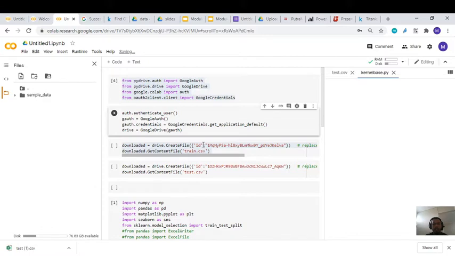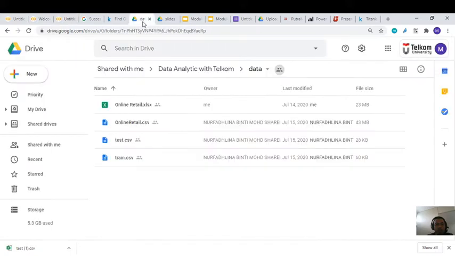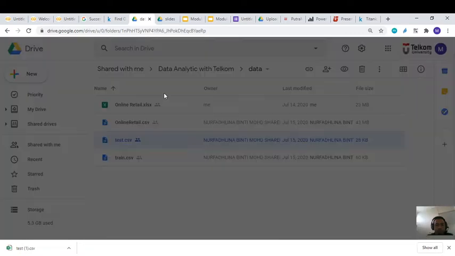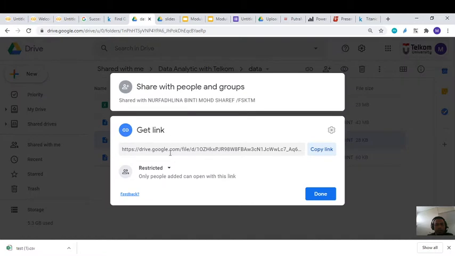This ID you can change from this one. For example, in my Google Drive, here in the test file, you can see in the server link, and then just take the ID from this one until here.